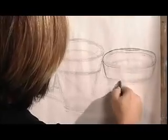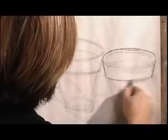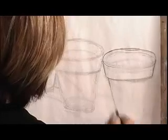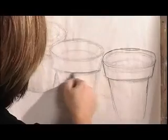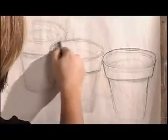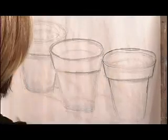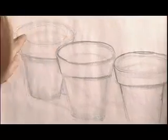exactly where they are. Again, first line is probably not going to be the best line. You need to search it out, find the line, and then take the time to reiterate it if you need to, if it's going to be a longer study. Again, you can see the record of me trying to search out the correct way